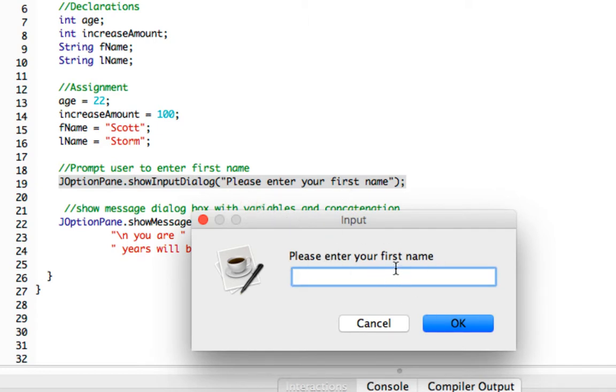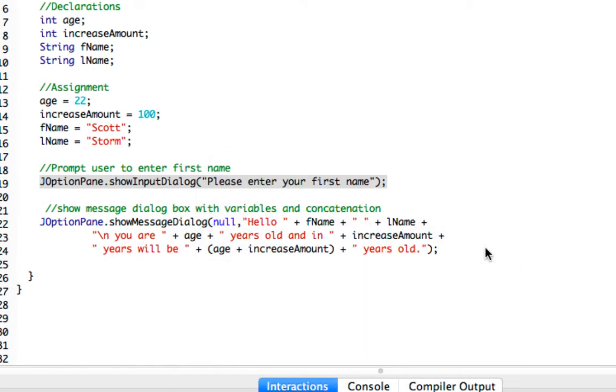Anything you type in is part of the JOptionPane, and once you click OK, what happens is this is sent back to your code, whatever's typed inside here, and we typed Madison. But we're not holding it anywhere. In other words, it just disappears. Once we click OK, whatever we typed in that box doesn't go anywhere. We need to have something to hold it. In this case, we want it to be fname. So whatever's entered inside of this box, once the user clicks OK, is going to be stored in the variable fname. So now whenever we compile it,